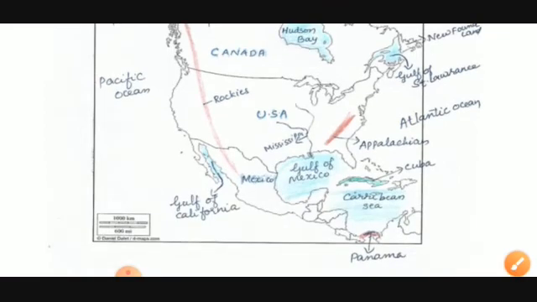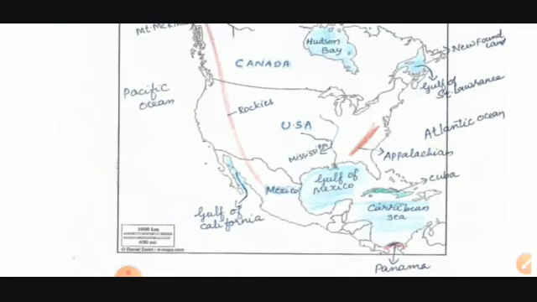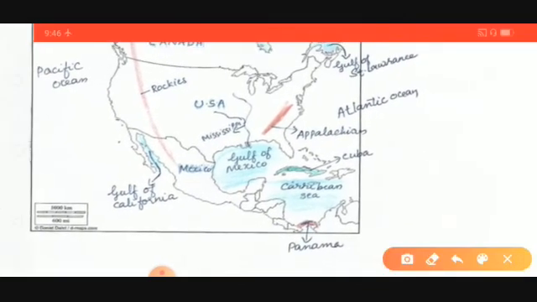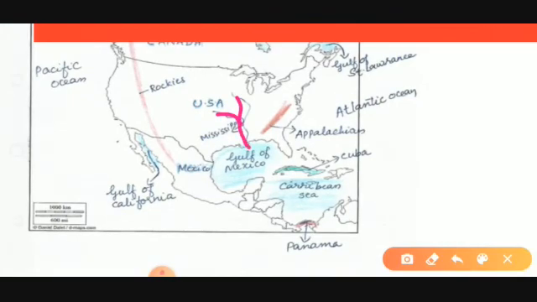Okay. Now see the remaining places. Here we'll start with Mississippi River. Again, you can see Mississippi River you have already marked. Check that you have drawn it properly. Mississippi River falls to Gulf of Mexico. Then Appalachian Mountains here. Then Cuba. It's a small island. Just color it and then write there Cuba. Then Caribbean Sea. Panama. Right there Panama Canal. Okay, right here Panama Canal.